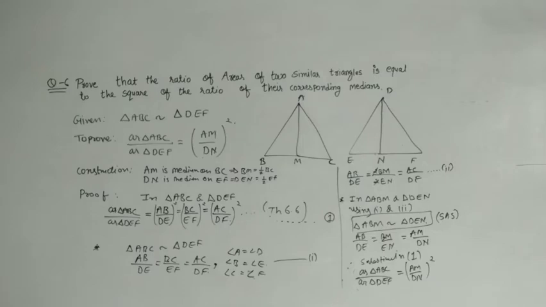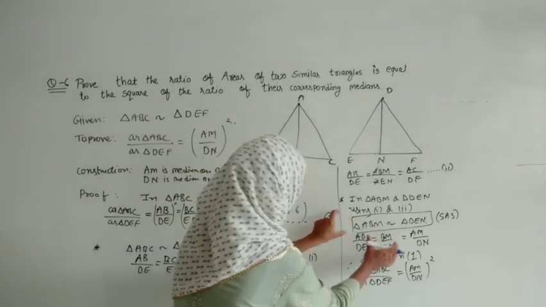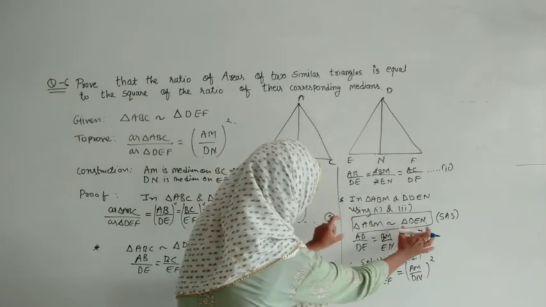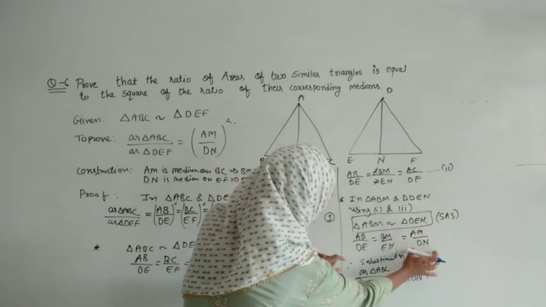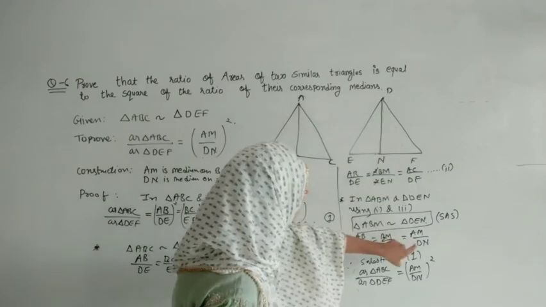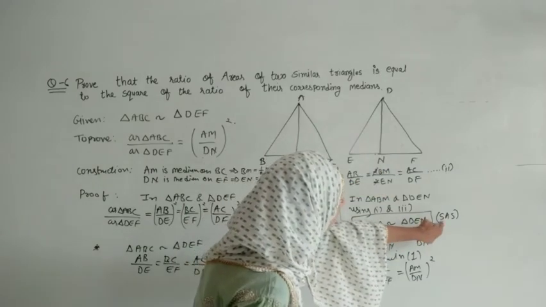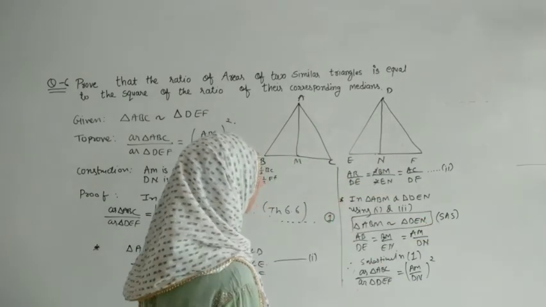So you will talk about that two small triangle. Try to prove their similarity. First you have to prove this similarity by yourself. Then only you can write ratio of the third side. And by using which criteria? Side angle side we have used.